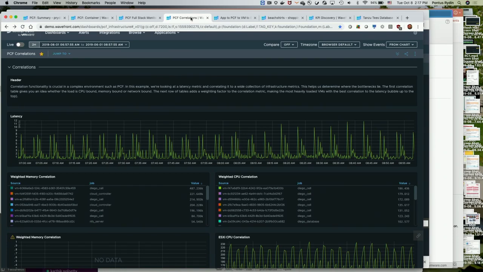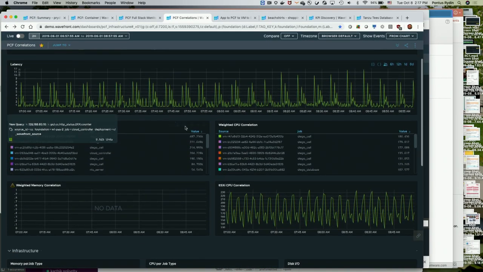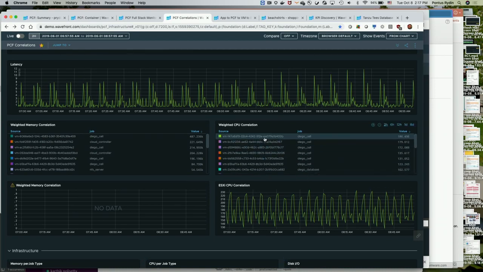And in this case, we're coming up with five Diego cells. Now, what are those Diego cells? What do they have in common? Well, what they have in common is that they run on one specific physical host. So instead of having to click through here, this actually did a machine correlation for that. So it was able to find that out.